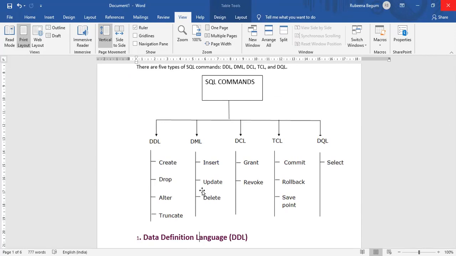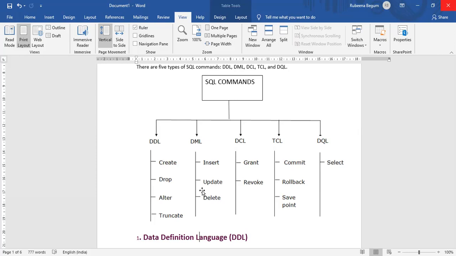DCL, data control language. Here we have the options such as granting and revoking the permissions to the users, through which we can control our data. And TCL is transaction control language, where if a particular transaction is being carried out, we have options like commit. Commit is saving the particular transaction. Rollback means whatever the transaction has done has to be rolled back. And savepoint: at a particular checkpoint we save, so that we can review it later in the near future.